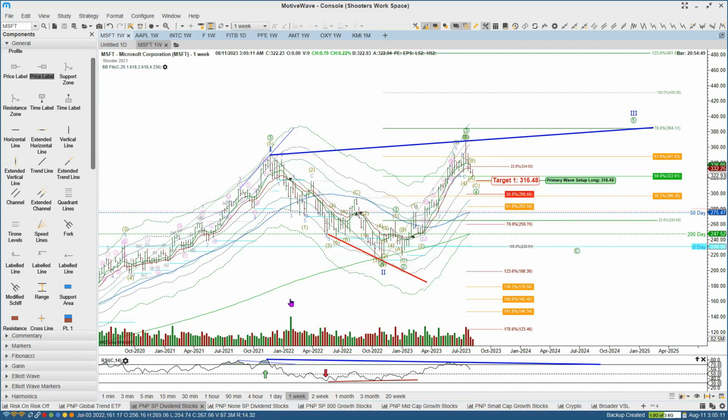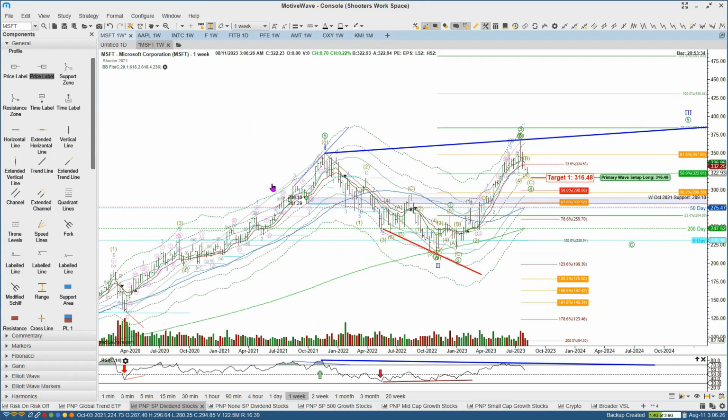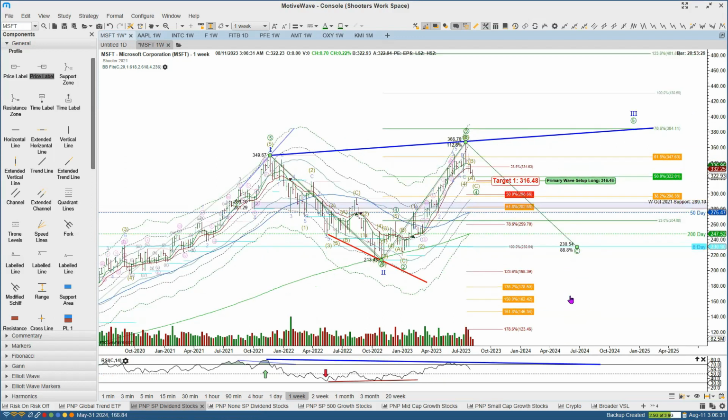Now, where that conviction comes in, we have this support band, which really came in off of this low, this back test prior to where we got euphoric. So we get to the base of this band, October 21 support around 289.10. Then I think we're looking at some continuation, just because that's also where we took off in this last push, which we don't have here. We don't have a push. So that breakdown is concerning, and I wanted to share that with you because that will bring in more overall